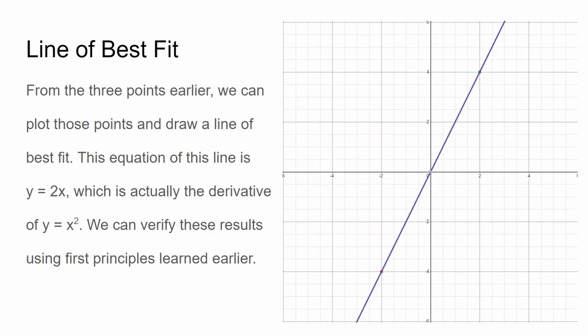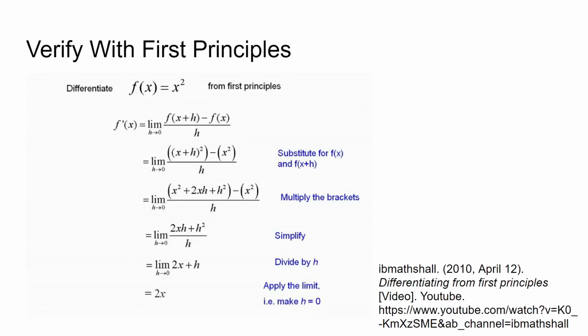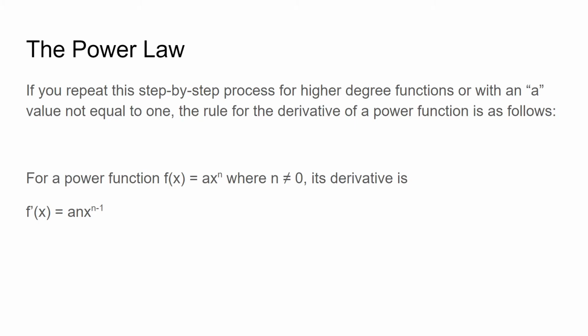So after plotting the 3 points, we can draw a line of best fit, and the equation of this line is y equals 2x, which is actually the derivative of y equals x squared. And we can verify these results using the first principles that we learned earlier. So when you try to differentiate f of x equals x squared from first principles, we have the formula where the limit as h approaches 0 of f of x plus h minus f of x over h, and when you sub in the function, we'll end up with f prime of x equals 2x. So using the